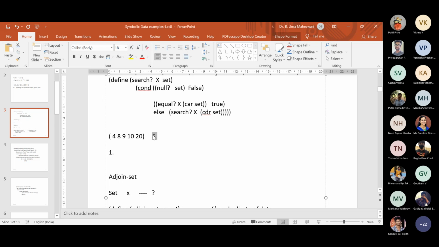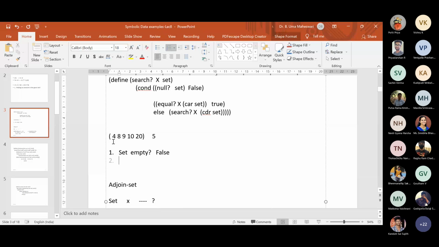So given the element, I will take the first element. Before that, is the given set empty? If the set is empty, then we can just return false, the element is not there.